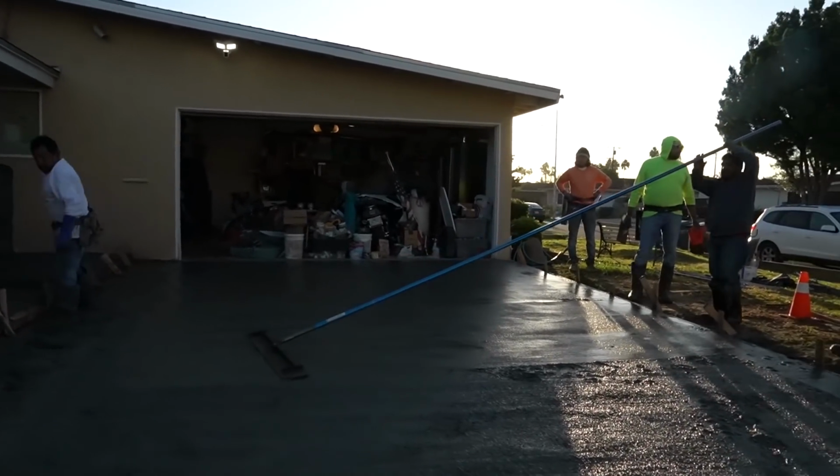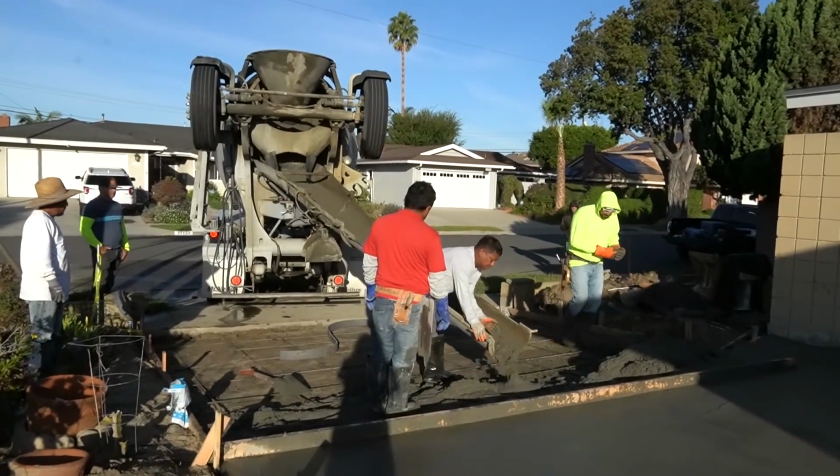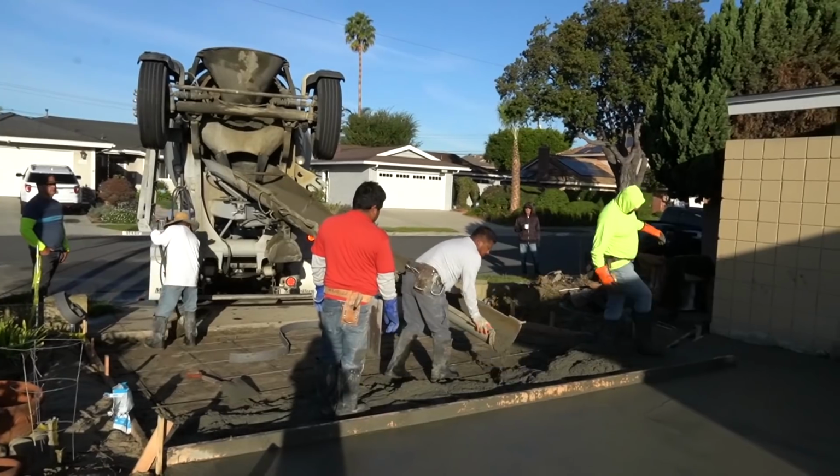So we've laid this down. We're waiting on the cleanup. We're just bull floating it. Set up really nice. Set up perfect. Another perfect job. When we ribboned this up, when we jointed it, we put a ribbon all the way around